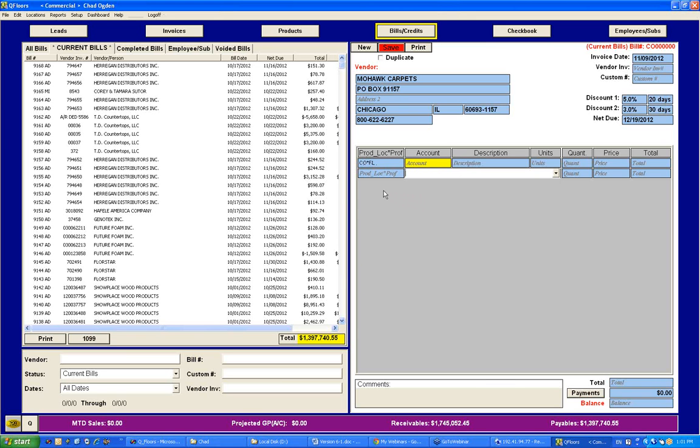So yeah, let me give you a practical example of how that can be used, and that a lot of your stores that you talk to will use. If they have, like Chad was saying, either multiple locations or multiple profit centers, you no longer have to enter multiple bills to split out portions of that bill to different locations or different profit centers. You can do it on one bill because it's done line item by line item now and not bill by bill. And that should help you with getting more accurate